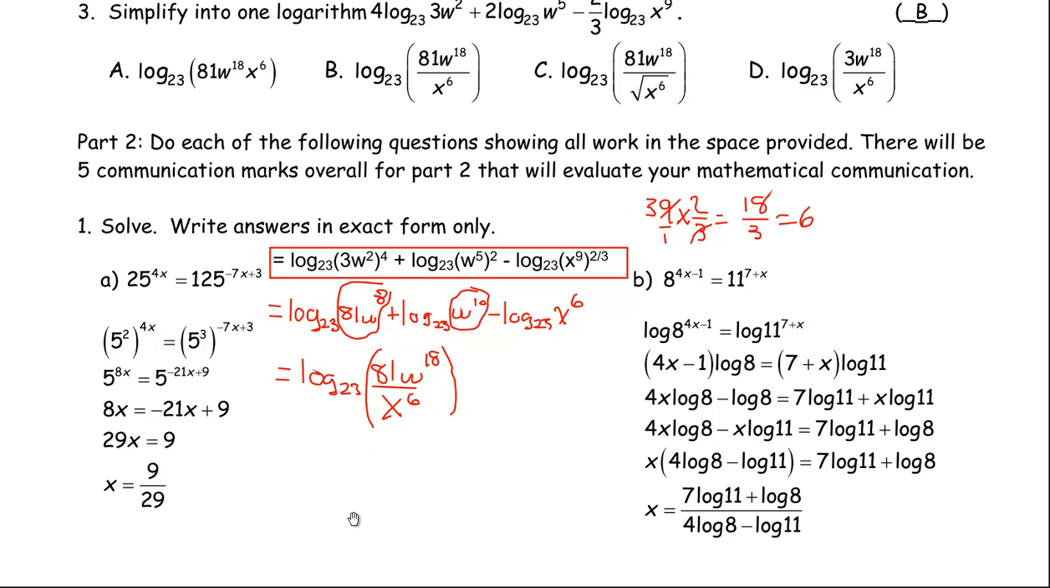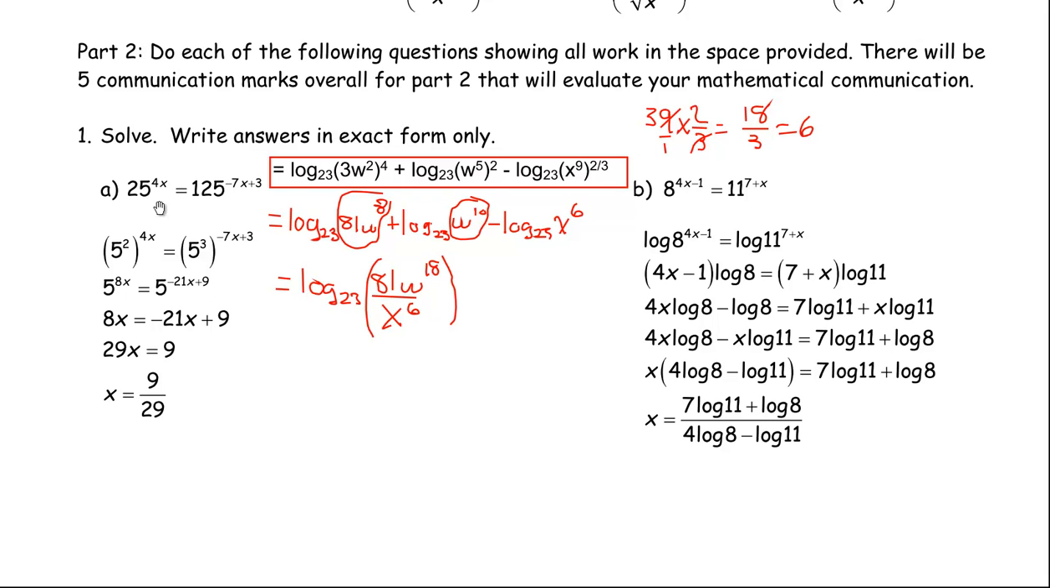And, well, we'll just ignore this and won't bother to erase it for question A here. This, of course, has nothing to do with A here. So I want to solve these exponential equations, write answers in exact form only. So the 25 and the 125 can both be written as powers of 5, base 5. So 25 is 5 squared, and 125 is 5 cubed. So this is really 5 squared to the power of 4x and 5 cubed to the power of negative 7x